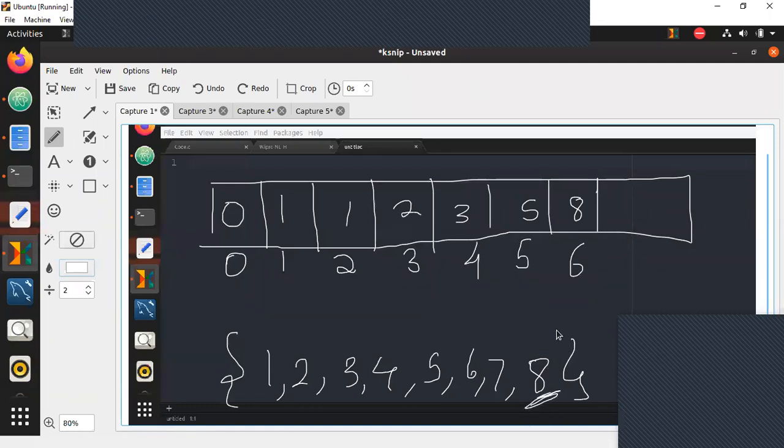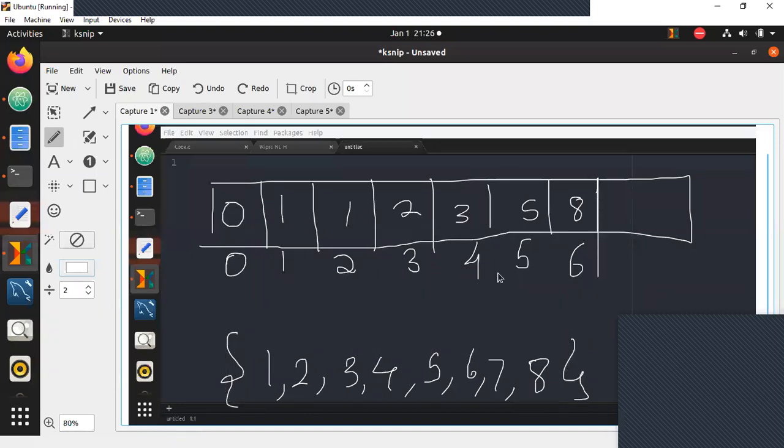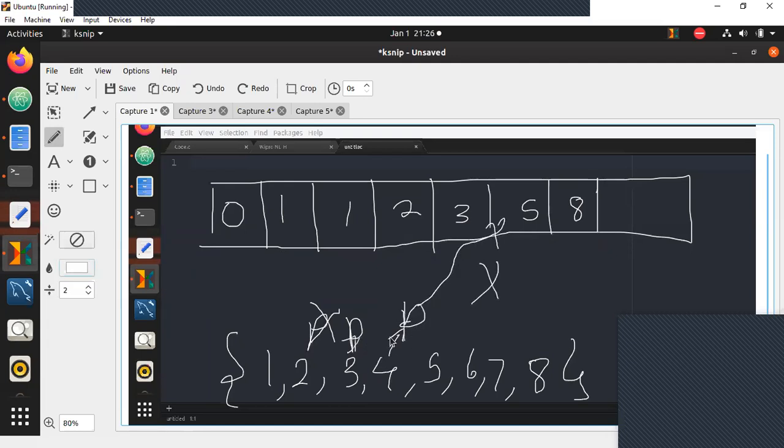So our idea is you need to find the max value in the entire input array. Once you have found the max value of the entire input array, you need to create a Fibonacci series up to the max value. Once you create this Fibonacci series up to the max value, you can search: is this number prime? Yes, then no need to check in the Fibonacci series. Is this prime? Yes, no need to check in the Fibonacci series. Is this prime? No. So let's check in the Fibonacci series. It's not there. So let's skip it.